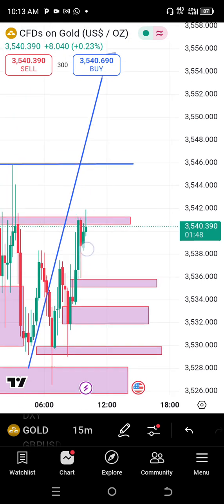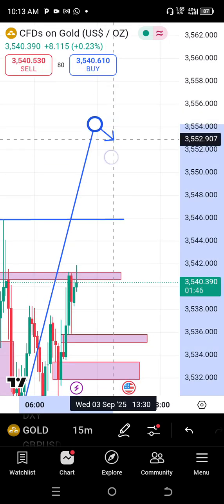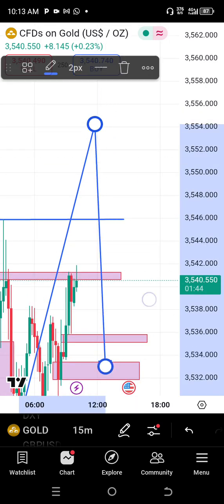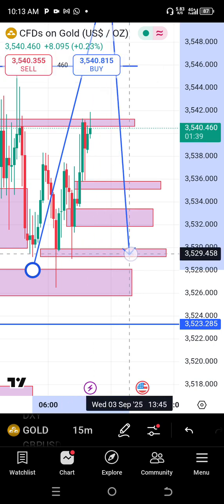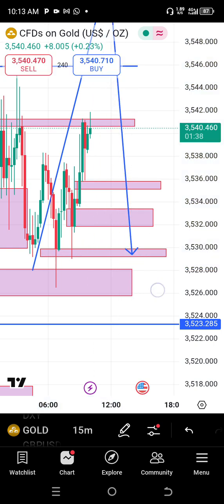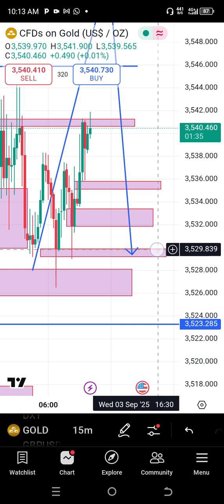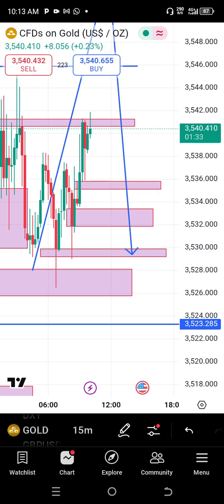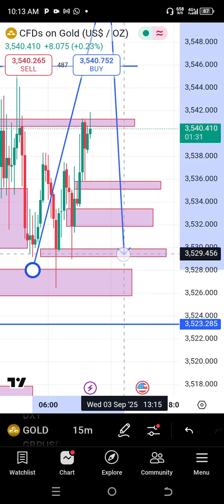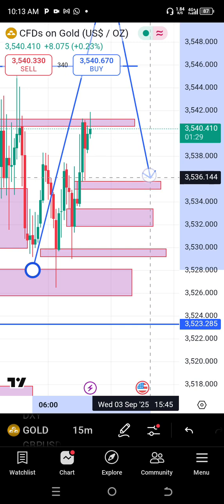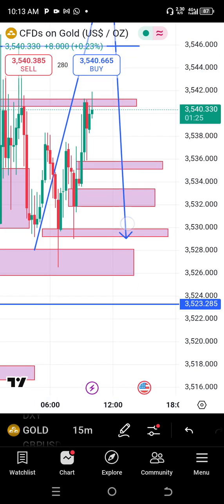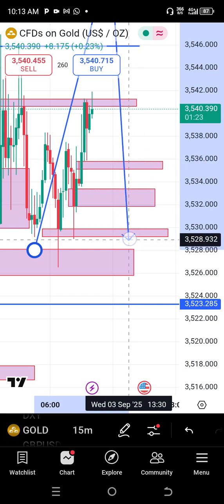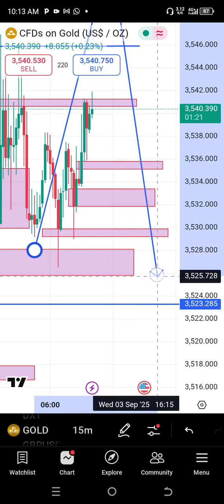comes down to this area. So it can come down, come back to this area. That's where we have 3,529, and then it now continues its own buy, and then the buy will continue from there and try to